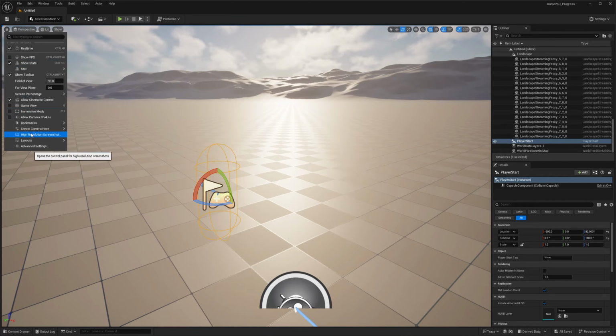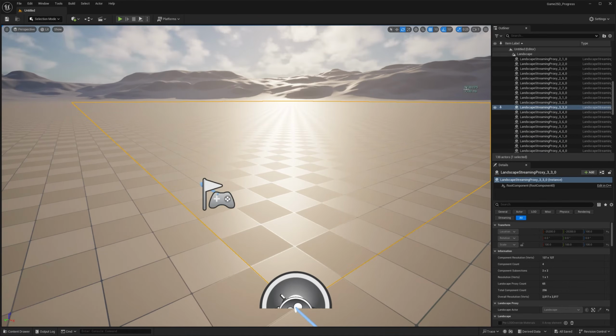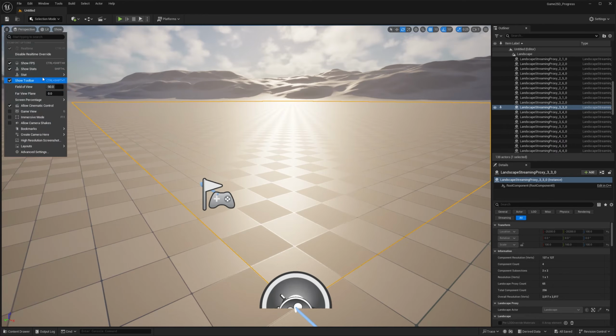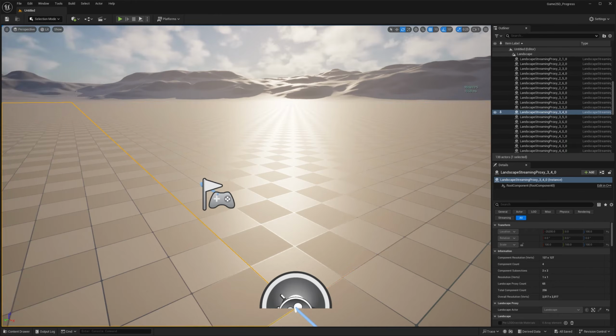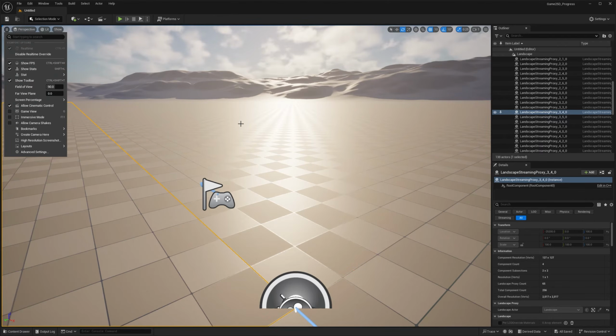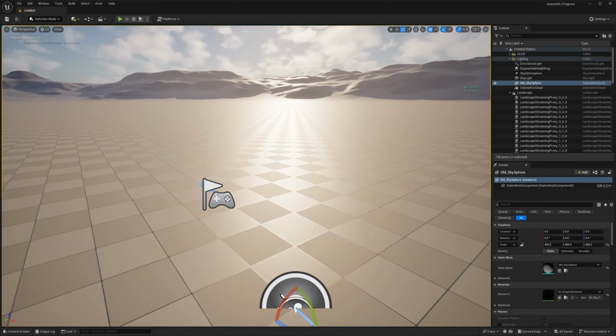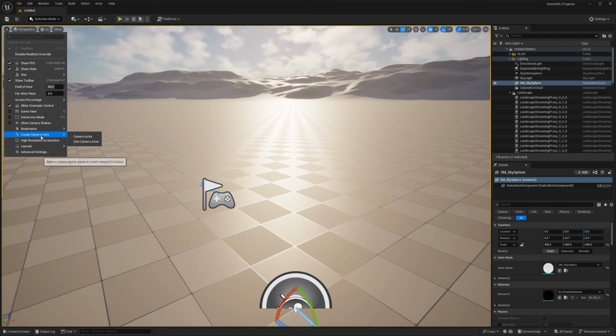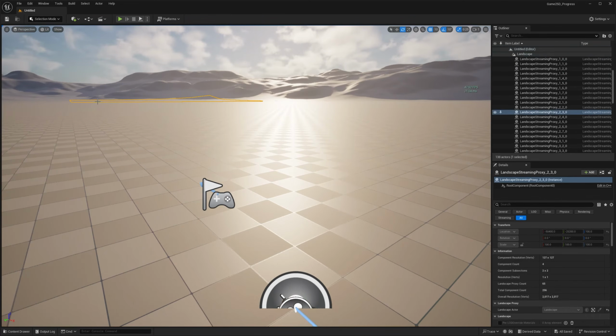You can create screenshots from this. You can change the field of view of your camera. You can show the FPS in your viewport, as you can see here on the right. So there's a lot of functionality here that you can play with. And I recommend you dive deep into this and really use it to your benefit. Like if you really like this framing, you can even go here and just create a camera straight from this menu. It's essentially like a fast menu for stuff that you might be using often.